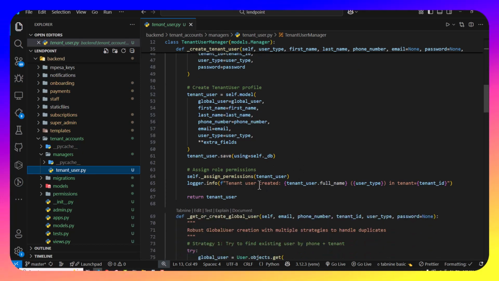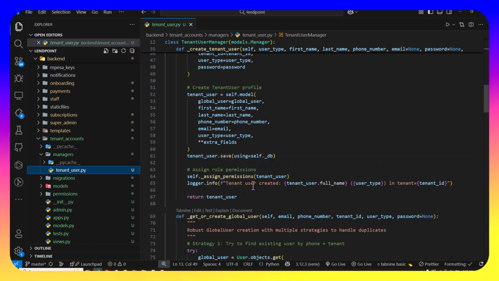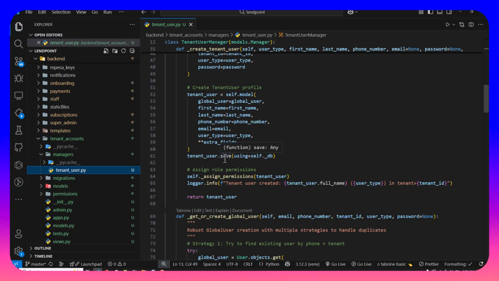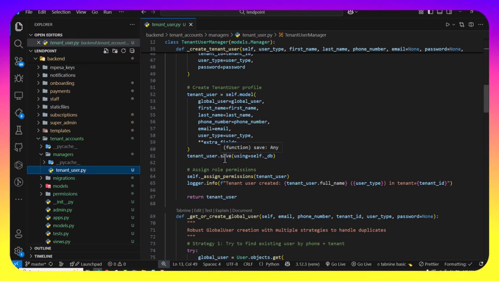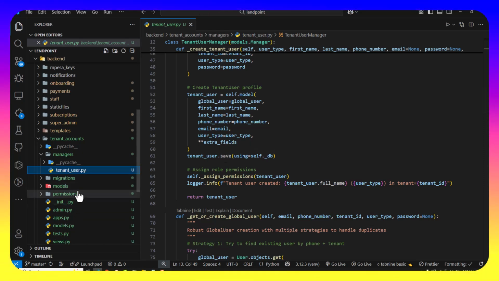You need to assign permissions. For this case, we have a function here that is called assign permissions, that is just used to assign the tenant some permission depending on the user type. Remember, when you're creating a staff, a branch manager, they're going to have different permissions from the tenant admin. So if you look at my permissions here,